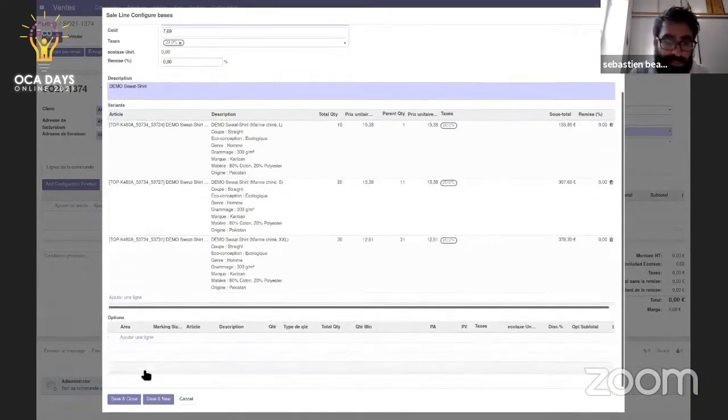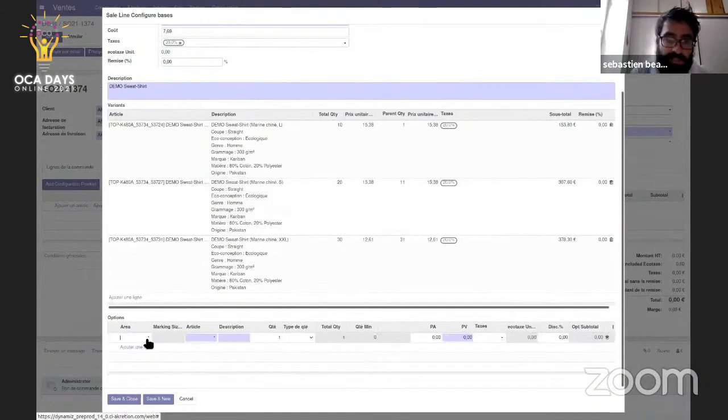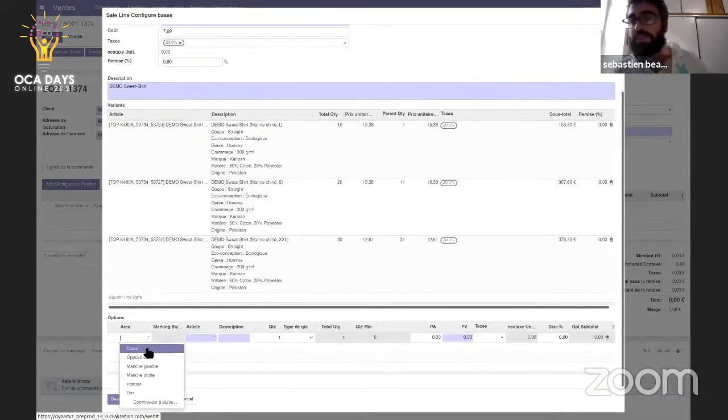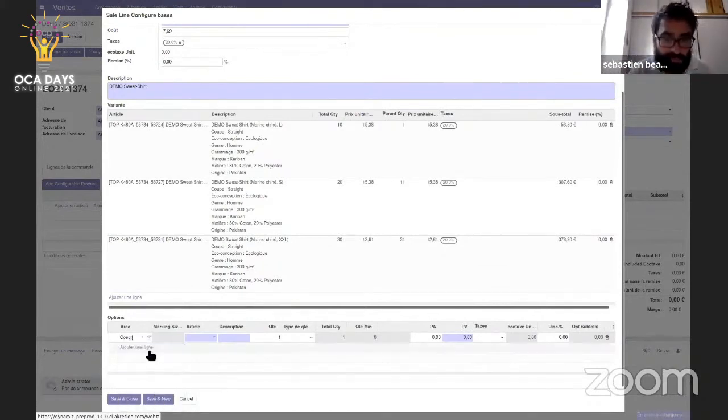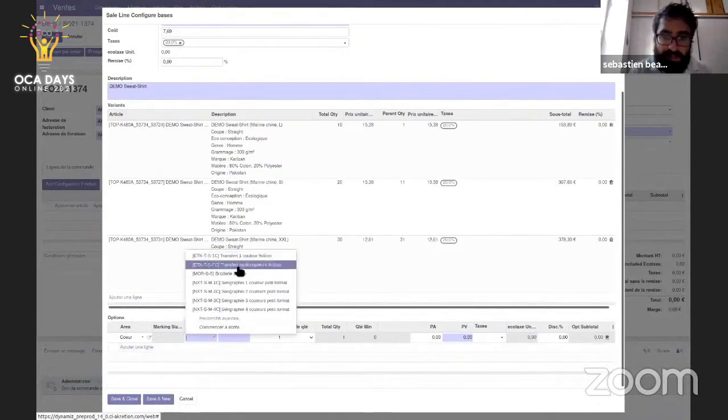And then when you apply the customization, you can select a place where you're going to do your customization. So the front, the back of your sweatshirt, or on the heart, on the different places. I'm going to select, for example, one place, and then I can select different customizations that I'm going to apply on this t-shirt.